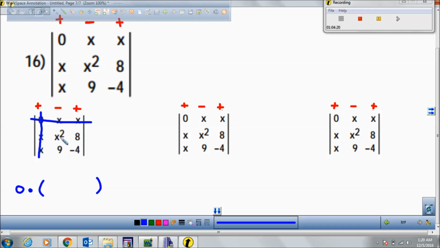the determinant with this too. You're going to multiply diagonally in this direction first. X squared times -4, -4x squared. Then you're going to subtract, always you're going to subtract the multiplication of the other diagonal. 8 times 9 or 9 times 8, which is going to be 72. So once you do that, then you move on to the next matrix, which is going to be, now you're